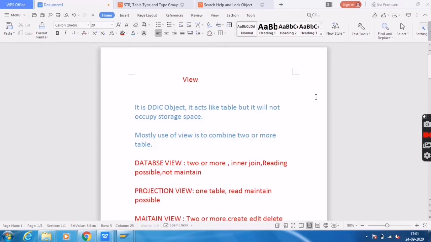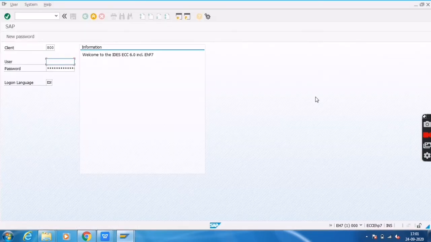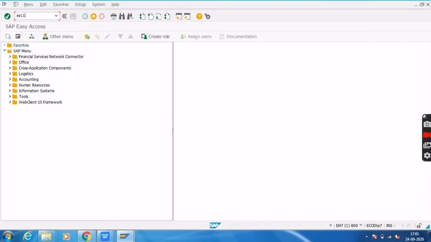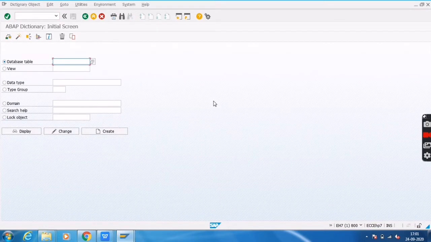I will show you how to create a database view by using two database tables. First of all, I will go to the SE11 transaction code to create a database view. Before creating a database view, I will show you the two tables which I am using inside it.